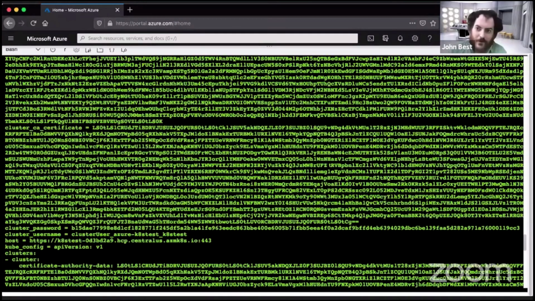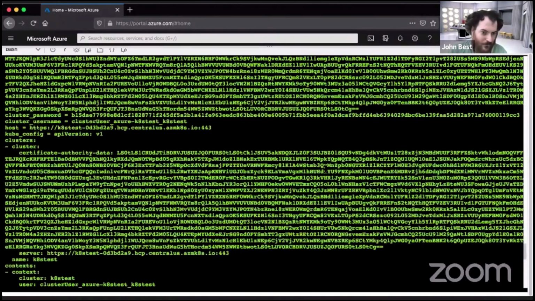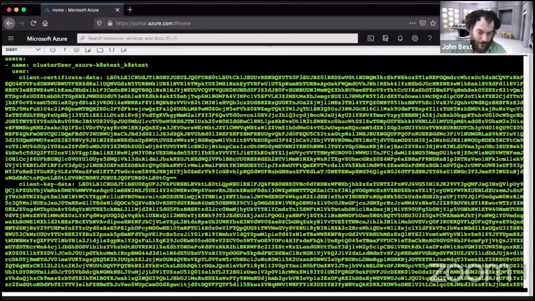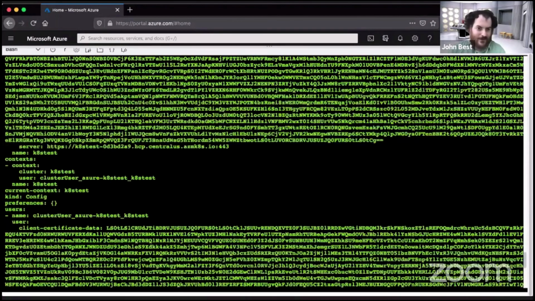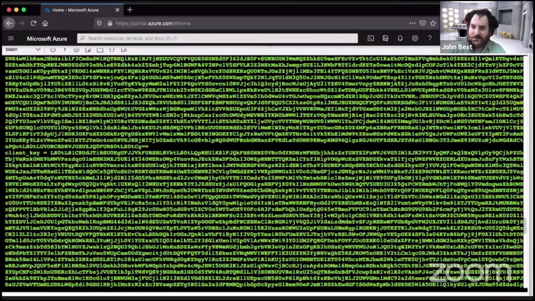Yeah, and then it'll give you a YAML file full of all of the stuff that it created, and that's really all it takes. It's kind of flabbergasting how easy it is to deploy Kubernetes using Azure,